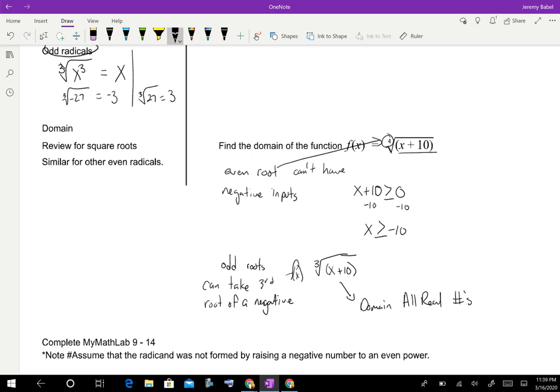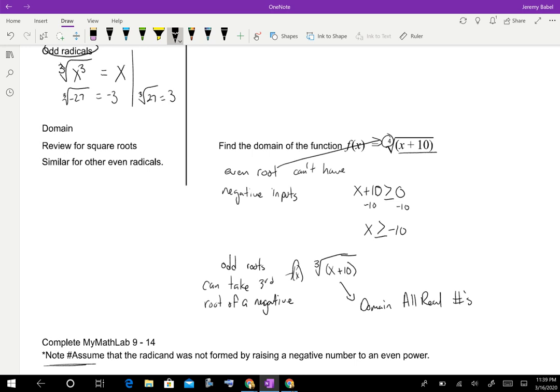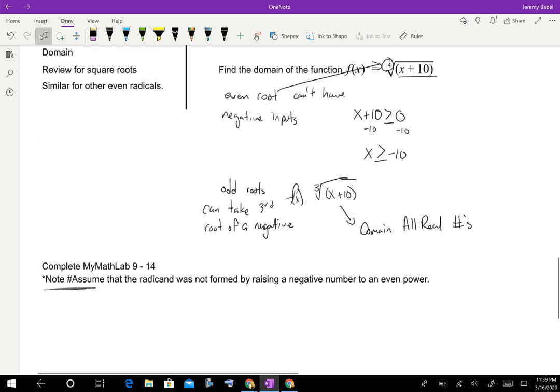Just a quick note, there is a strange problem, number 12. When you're looking at number 12, it's going to say something like, assume that the radicand was not formed by raising a negative number to an even power. It's basically a fancy way of explaining that you don't need to consider the absolute value in that case. If we're saying something like the fourth root of x to the fourth, they're saying that we're not putting a negative value in for x, so you don't have to use